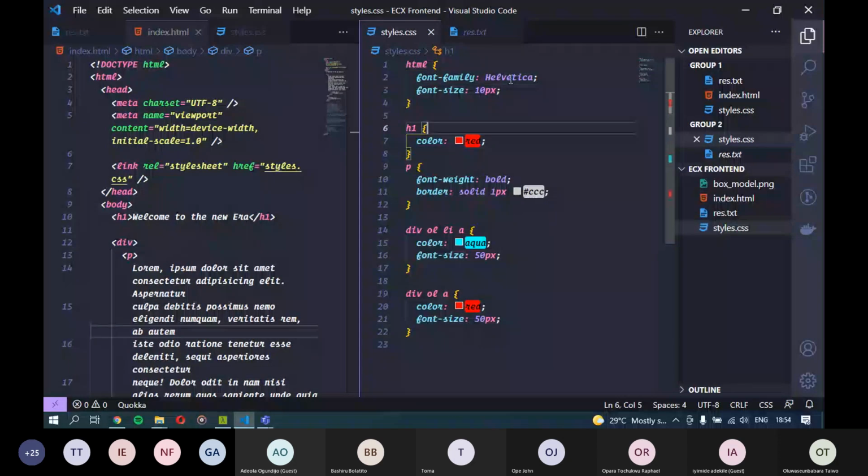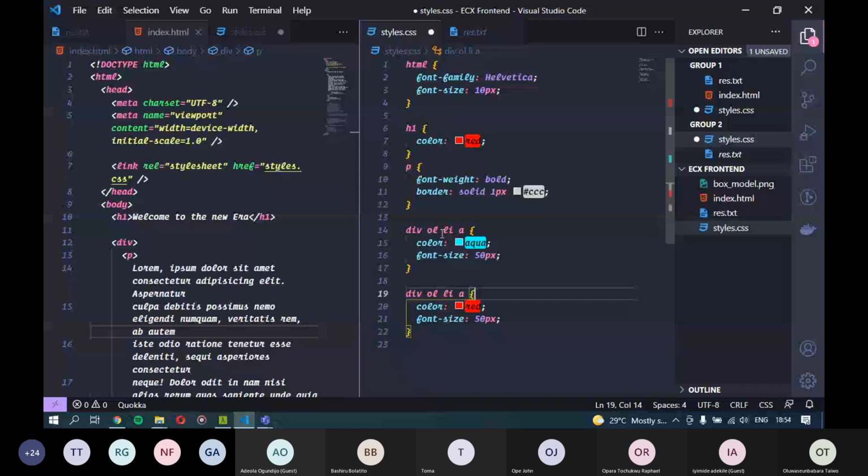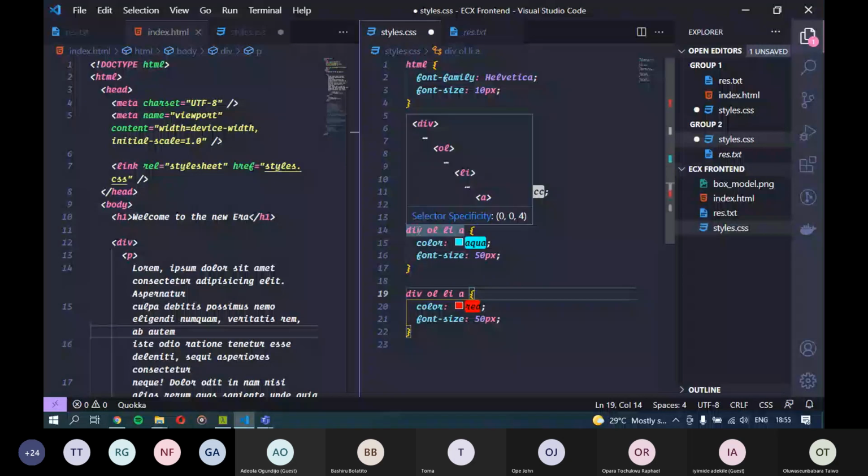Then it sees the div OL LI A, and sees that it has a specificity of 004. There is a way the specificity is calculated, and I would try to look for an article that goes into detail on explaining that. But basically, for this selector, the specificity is 004, so it applies this style.